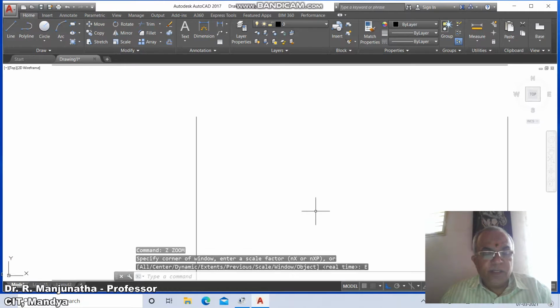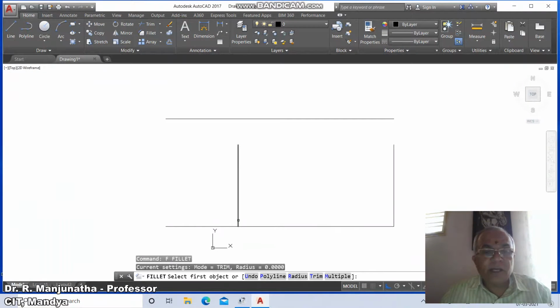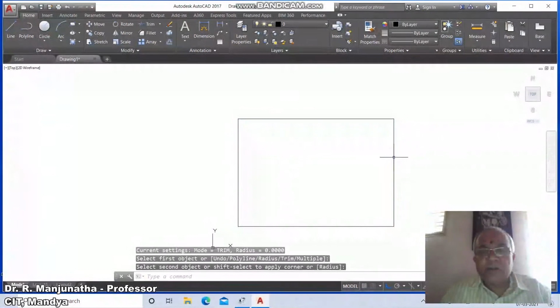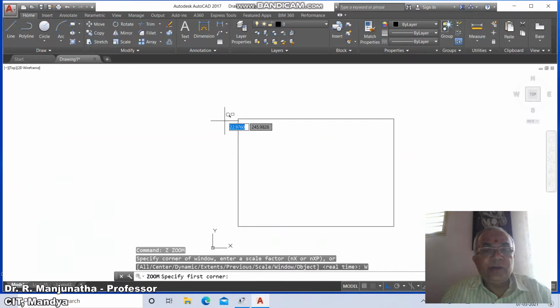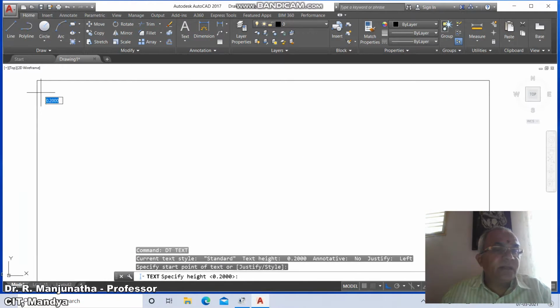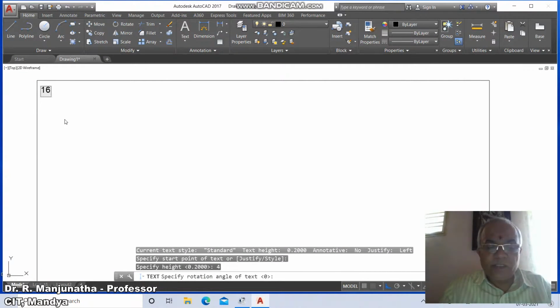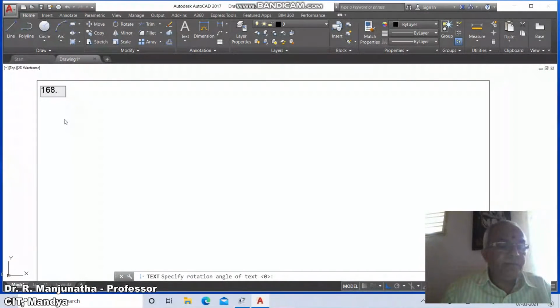Then go to zoom extend, then zoom 0.5x, then go to fillet between this vertical line and this horizontal line, between this vertical and this horizontal, between this horizontal and this vertical. Then go to zoom window, then go to text, specify start point of text, select some point and take the height as 4, the rotation angle as 0 and take the problem number 168. Then here, pentagonal prism,